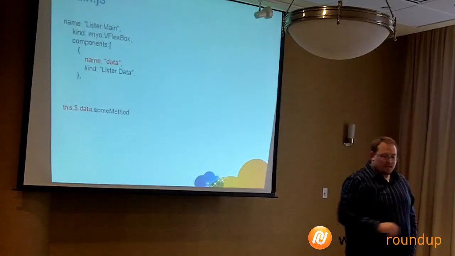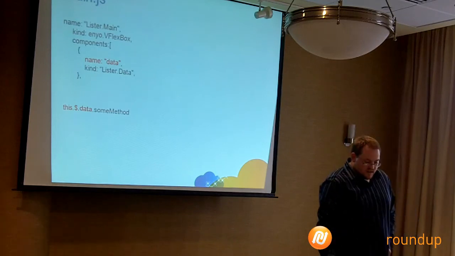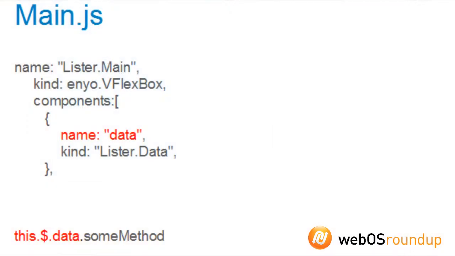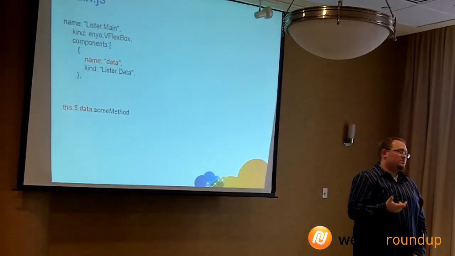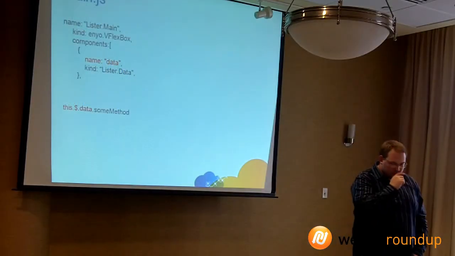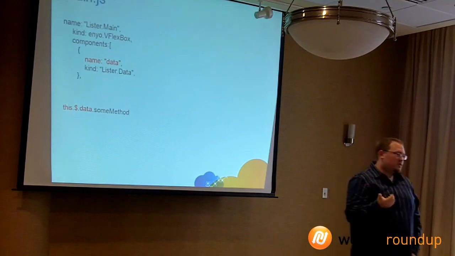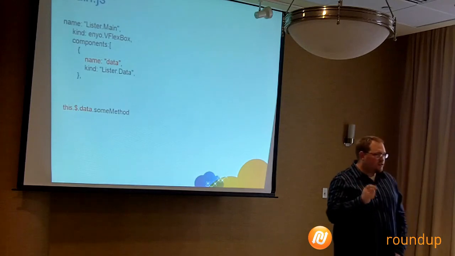So it'll actually become apparent in a second. Here he changed the name to data. Now he has this $.data.sum method. Enyo has methods. Whenever you create something in your components, it automatically creates all these special methods for you that you'll have to learn. When you want to change the content in something, you'll do this